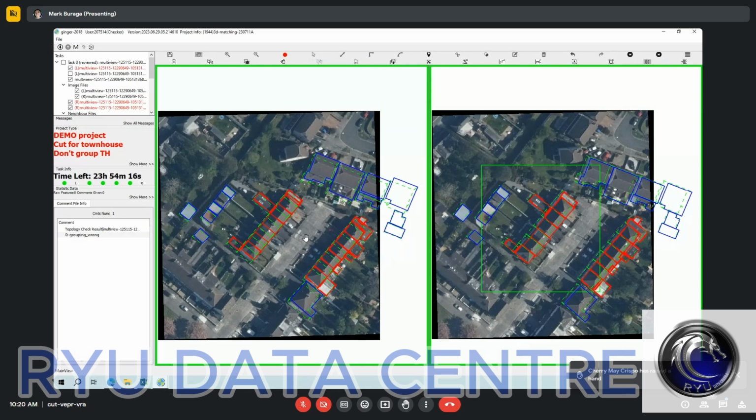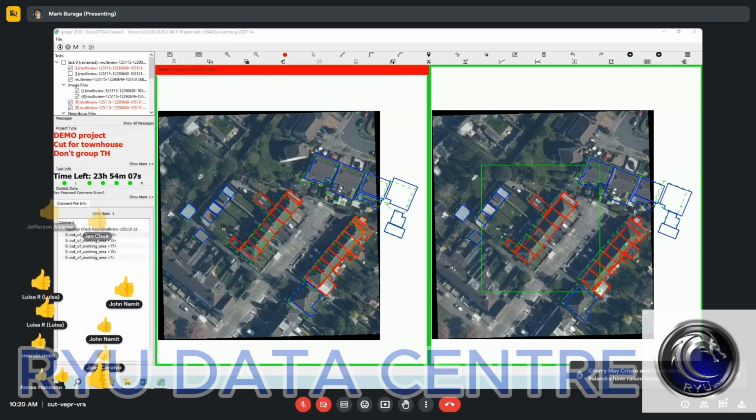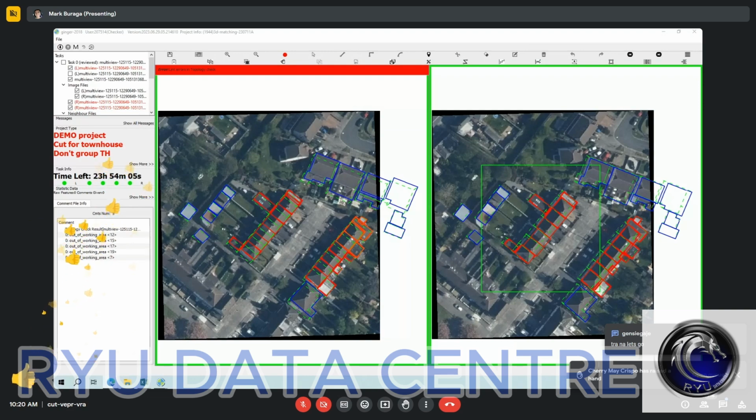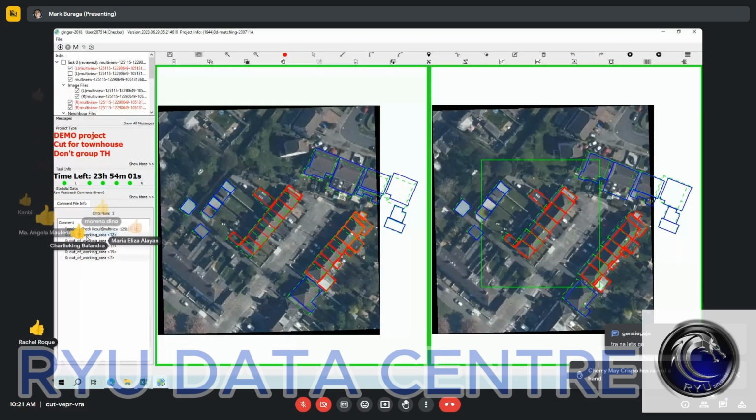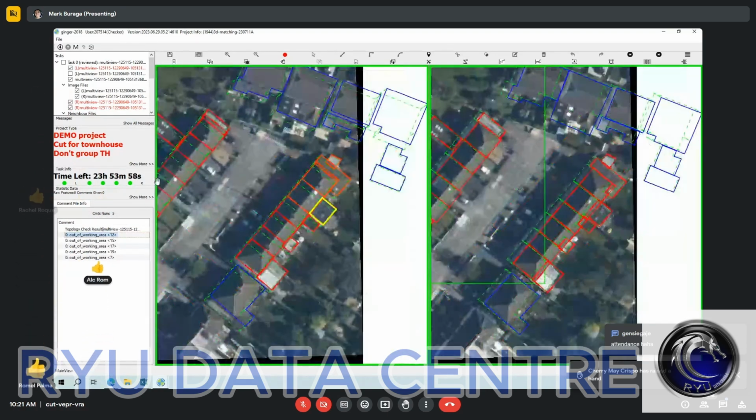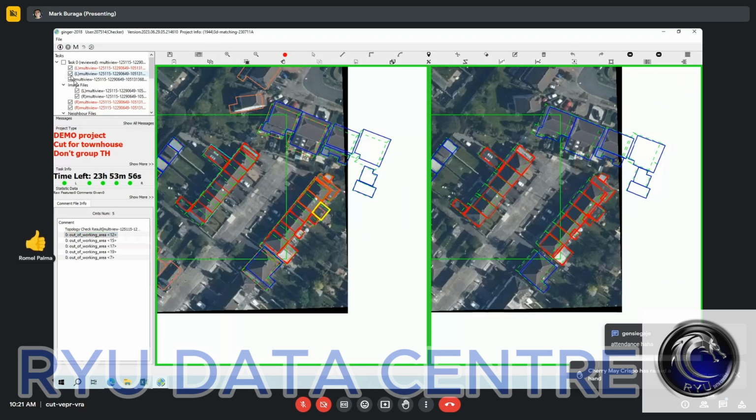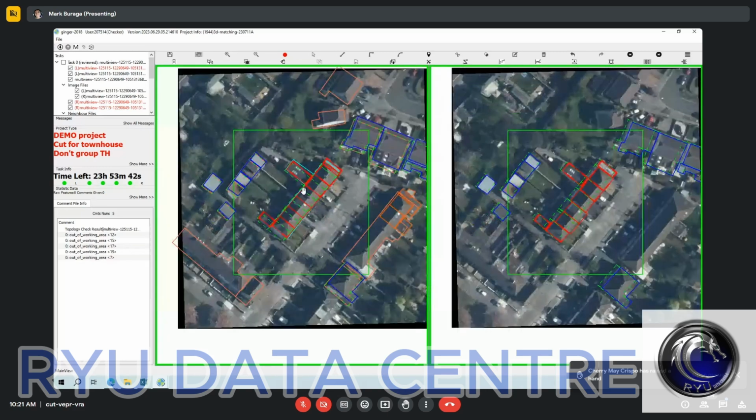Are we all good, guys? Are we all clear? Questions? Out of working area, which one? So which is my target building? This is not my target building. So I'll just go ahead and delete this. To submit. Yep, I can. So I'll just delete this portion. It's not my target building. So this is my only target building. So I can go ahead and submit my task. Okay, all good?